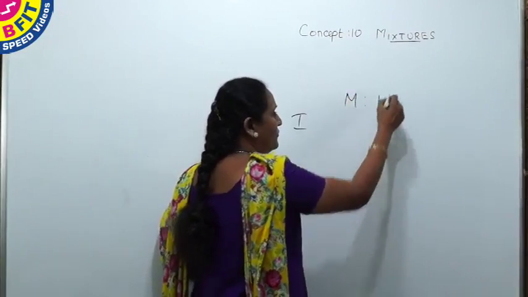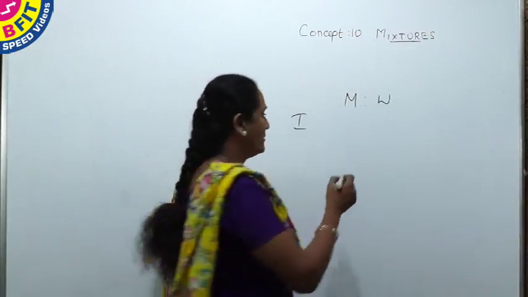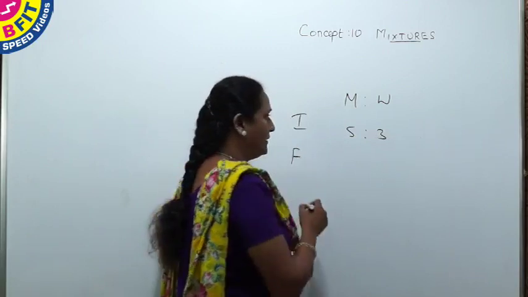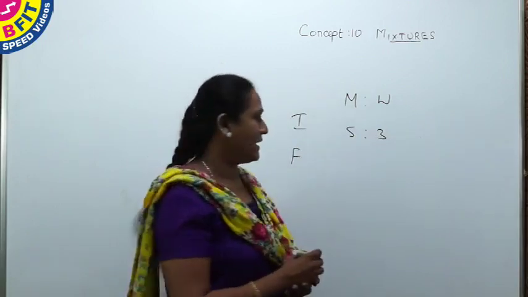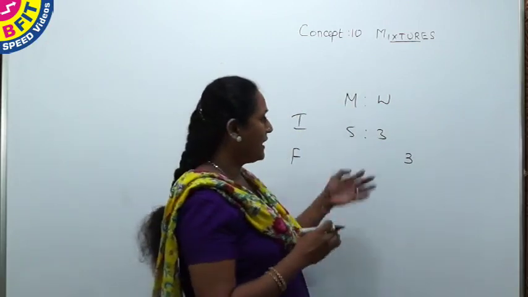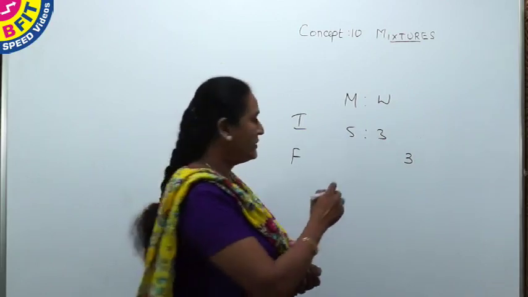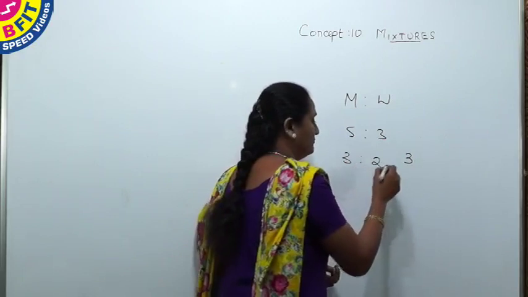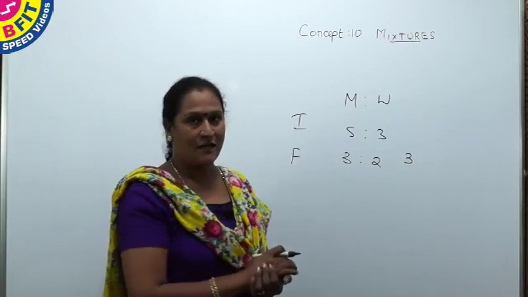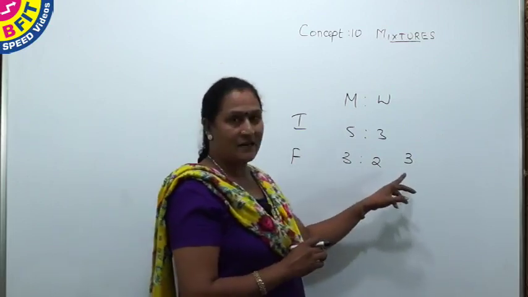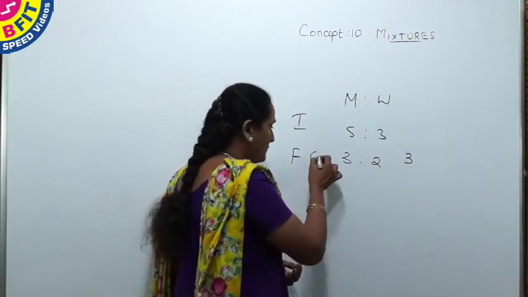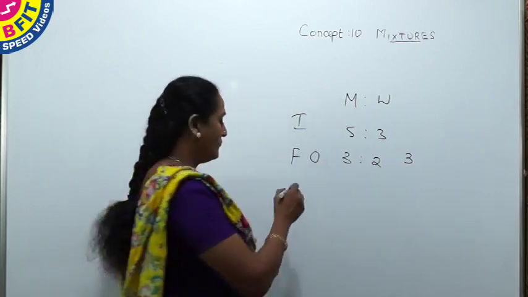So the initial ratio of milk and water is given as 5:3. And to find the final quantity, only 3 liters of water is added. As water is added, you write it on the water part. After adding 3 liters, the ratio becomes 3:2. And now how to use the smiley concept for this type of working? Here milk is not added, only water is added. So when 3 liters of water is added, you write it on the water side. Milk is not added, so we'll write 0 on the milk side. And to find the value of one part,